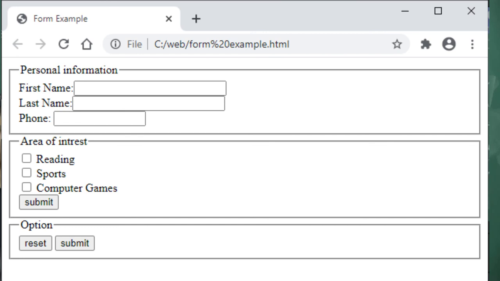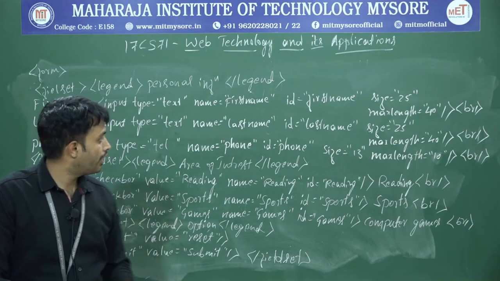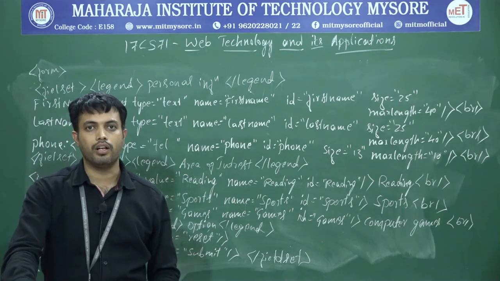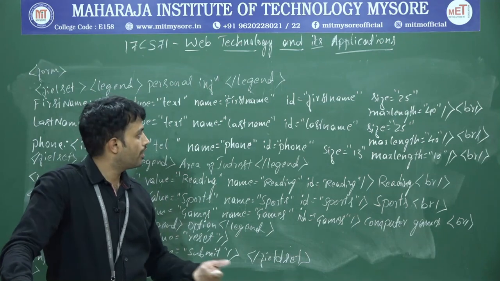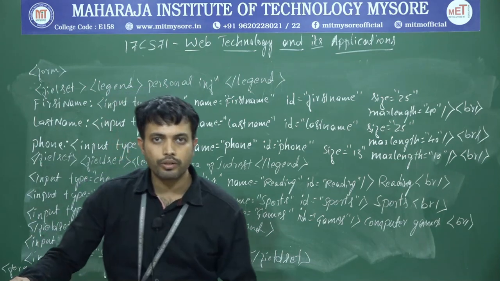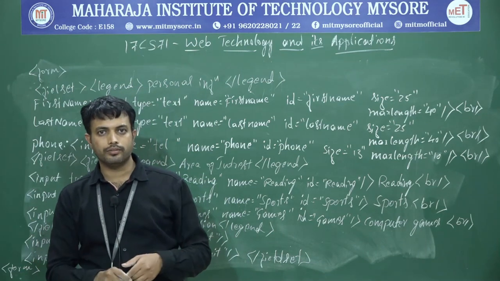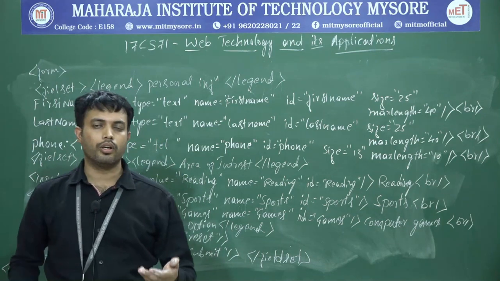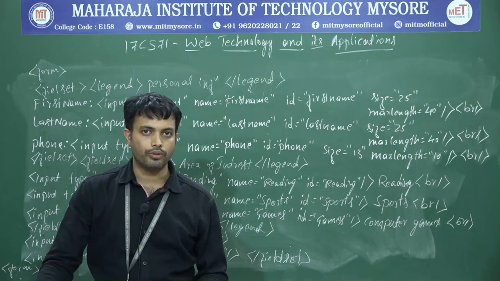Okay. So what about the output? So here that output is what? Uneven. That means it does not look good, all the boxes end somewhere, right? Okay. So in order to get proper output, we can write this entire code within a table. So for that, in our next example, within form we can use what? Table. So in order to get proper output.